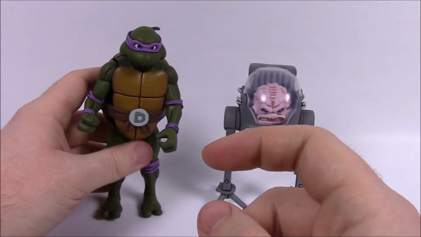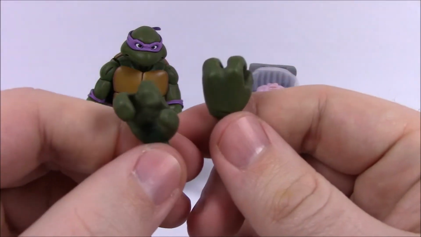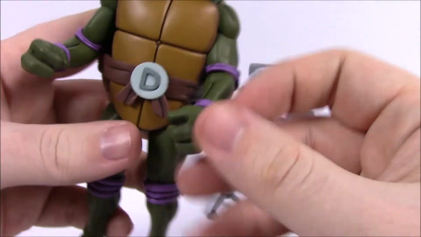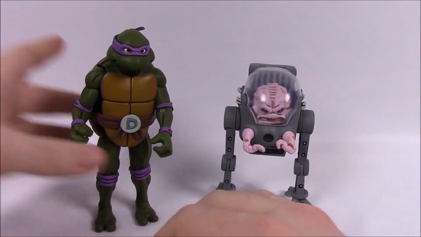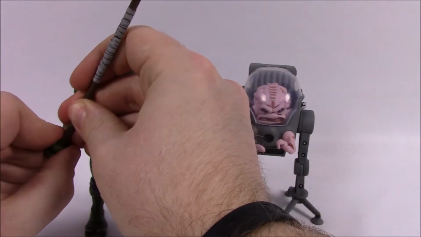So we'll go ahead and sit him aside there. But first we've got to look, of course, at his accessories. He comes with two hands here. Again, some grippy type hands that are more open than what he's got on, where the fingers are more closed together. I think they're just stylistic choices, and you can pick which one you want. He comes, of course, with his bo staff,